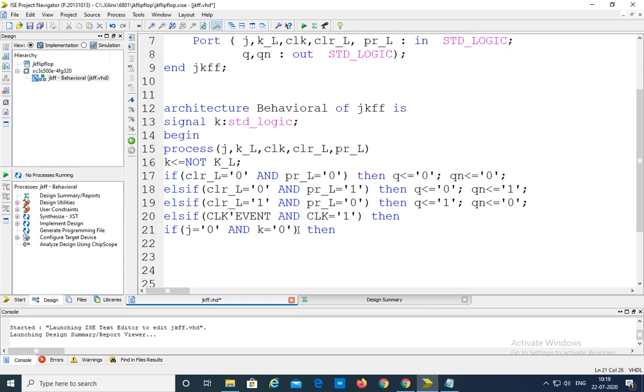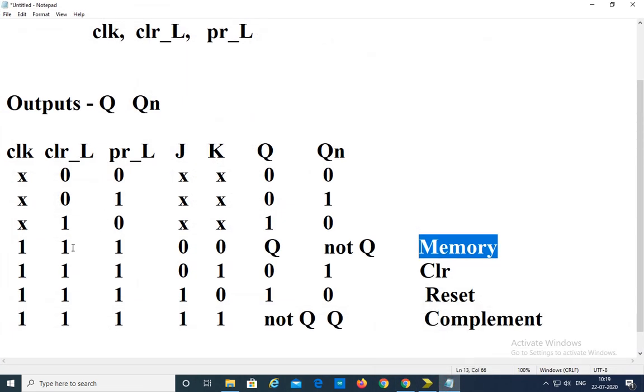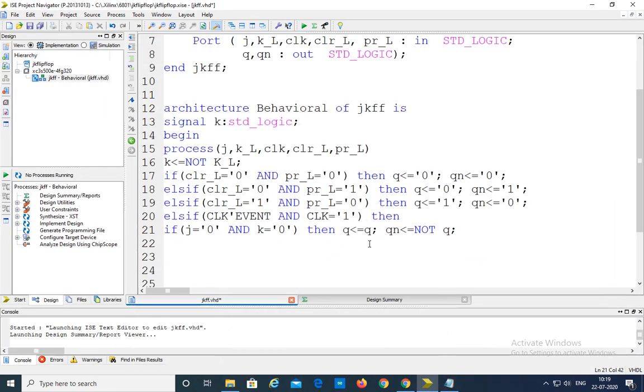then Q is equal to Q, that is, it has to be in the same state. Qn is not Q. So that is the actual truth table. For the 0 0 combination, output Q is equal to Q, that is in the same state. So that thing we are writing here.